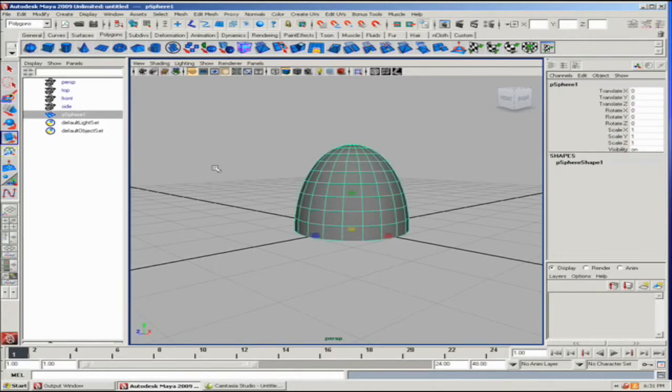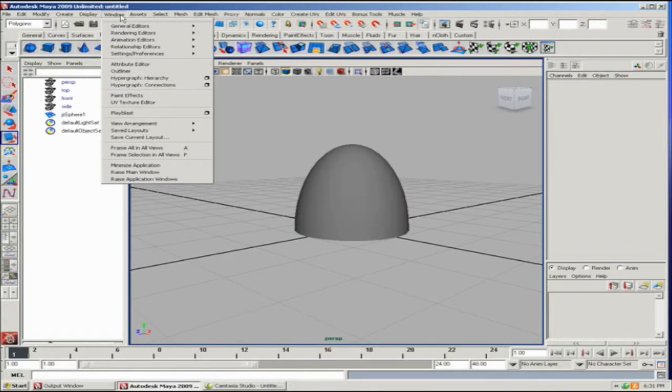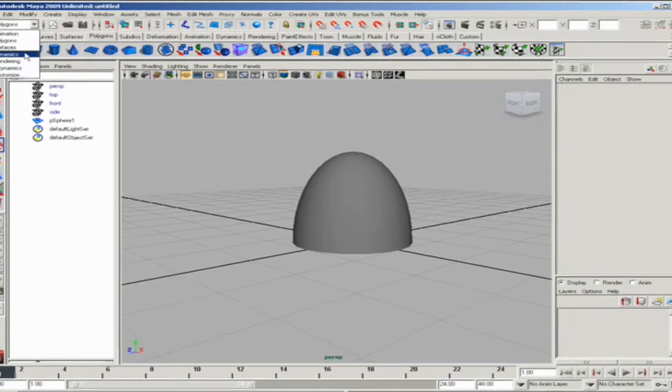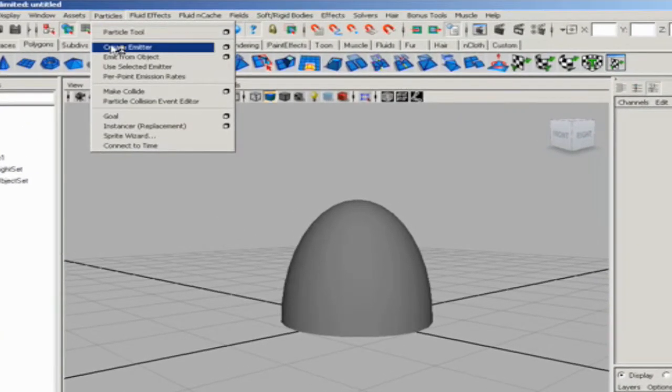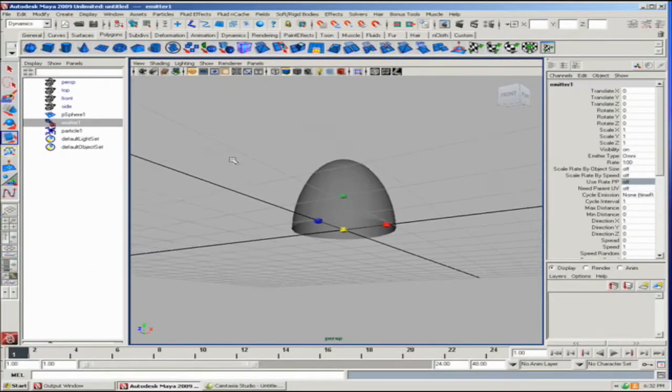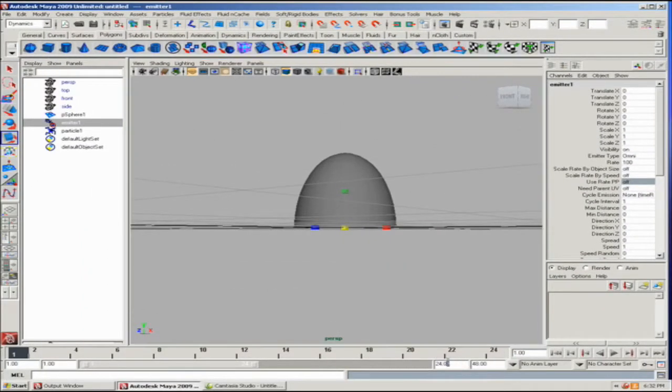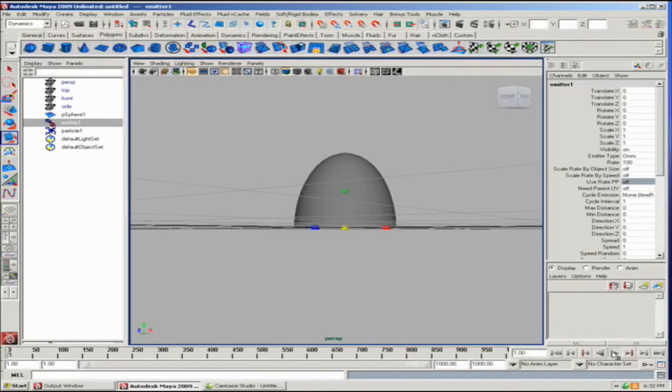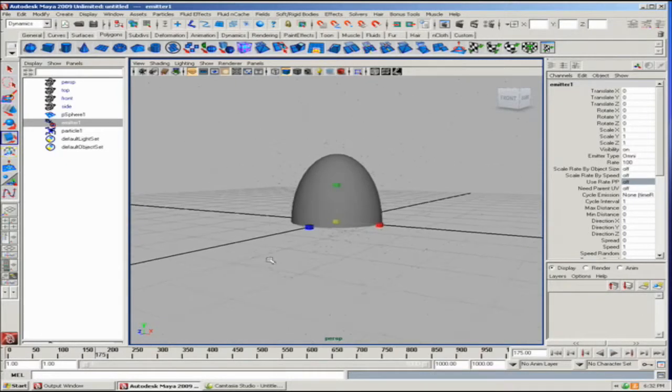So from here, I'm going to make some particles. We're going to switch to dynamics, and I'm just going to make a standard emitter, which is by default Omni. And we're going to open up our animation to about 1,000 frames. So there goes the particles, and that's kind of our jet fuel,